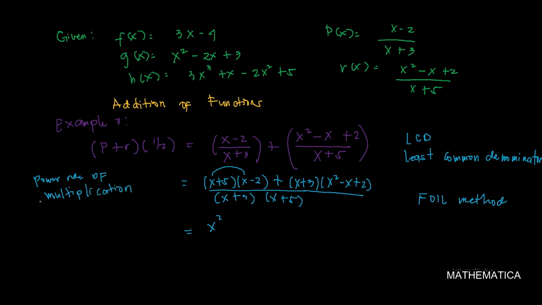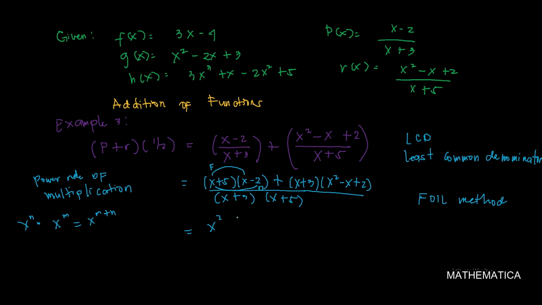Paano mangyayari sa exponent natin? For example, we have x raised to n multiplied by x raised to m. You have to add the exponents. So, the result is x raised to m plus n. Kaya ito naging squared kasi ito may invisible value ng 1 na exponent niya. 1 plus 1 ay 2. Kaya nagkaroon tayo ng x squared. Ito yung F natin o yung first term. Next, doon na tayo sa outer term. Ito naman yung outer term natin. Si x multiplied by